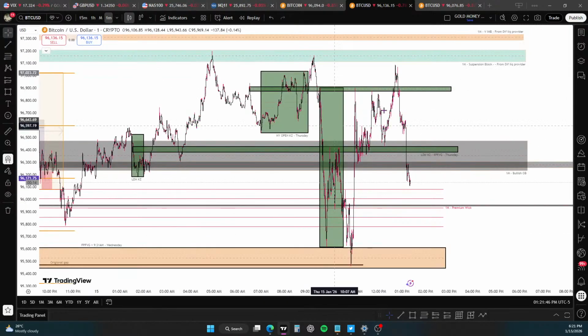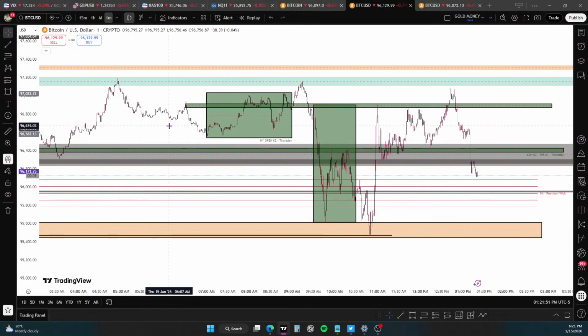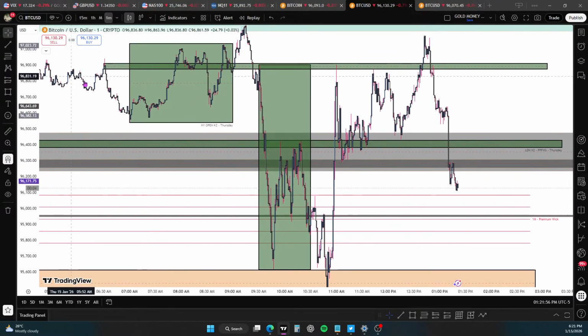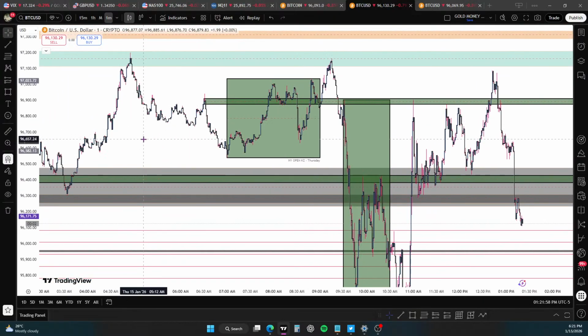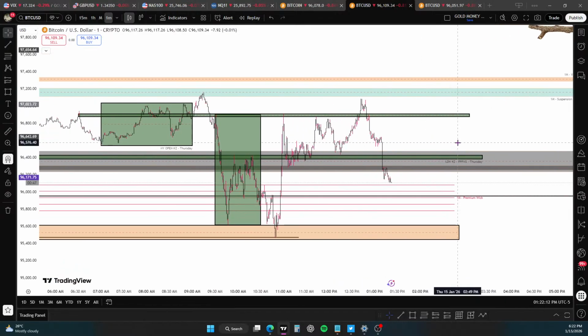So you could also call that a transfer of weak hands into strong hands of the asset, which is Bitcoin. Loads of people are selling it thinking it's going to continue to go down, or they've been stopped out already and forced to sell it. As the price is falling, people don't want to keep it, so they sell it, and then people also buy it when it is at a cheap price, or what's considered to be a cheap price.